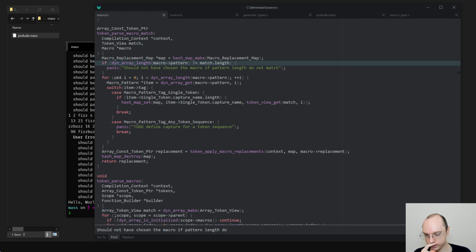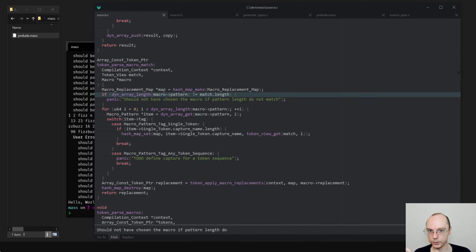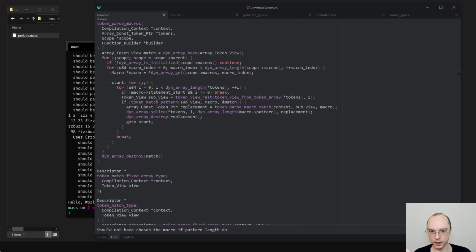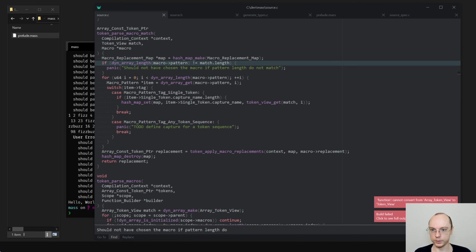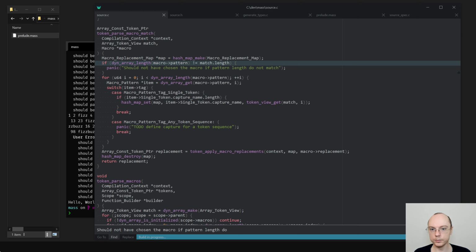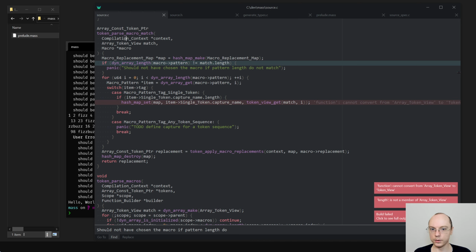Now, I need to change this stuff. So instead of accepting a subview, it will accept a match. And this will obviously not work because this needs to be array token view. And this will be dynamic array a length of match.